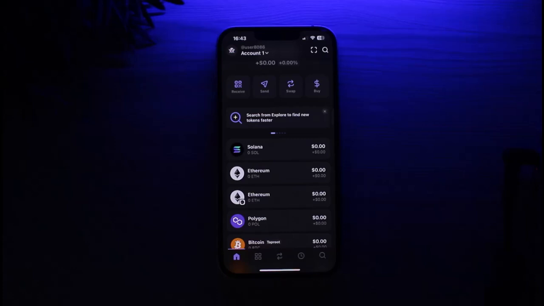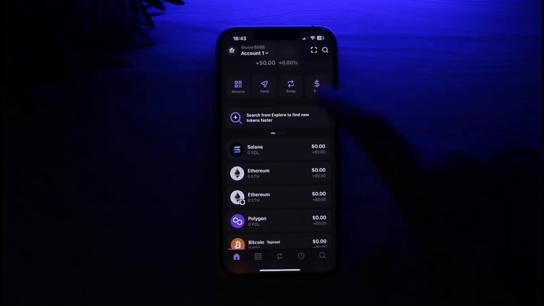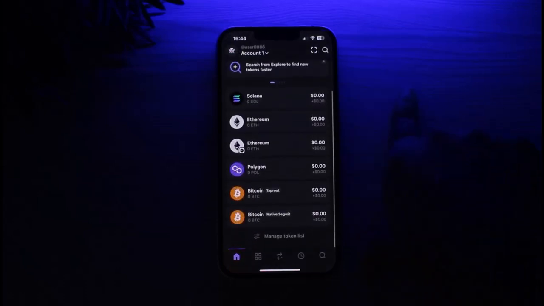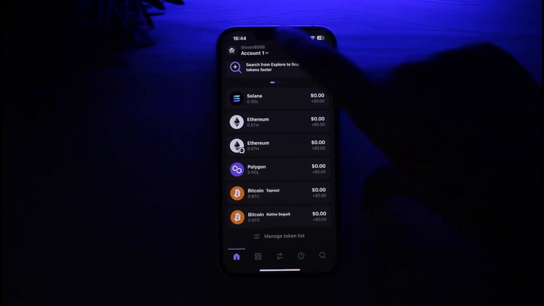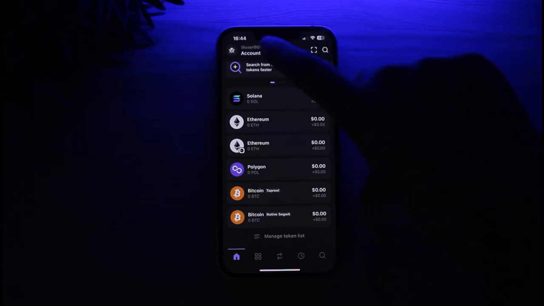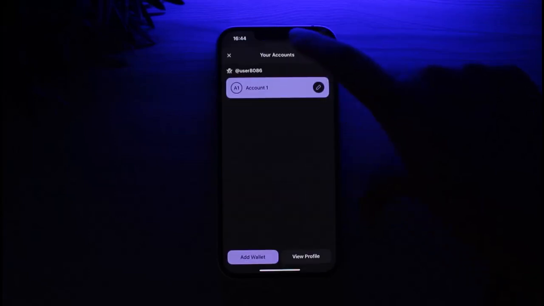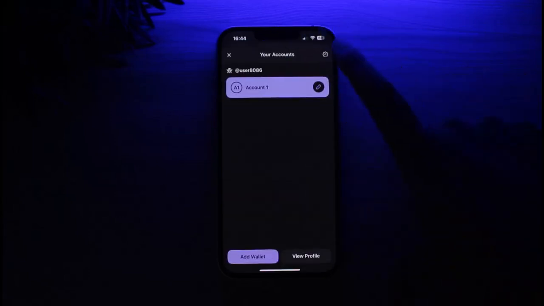So to do so, first of all, go ahead, open up your Phantom wallet app and get signed in. Then you will find this kind of interface, right? So for you to simply change or create a Phantom wallet username, you're going to tap on this little account icon on top, this drop down icon, tap on it. Now tap on this option of settings,